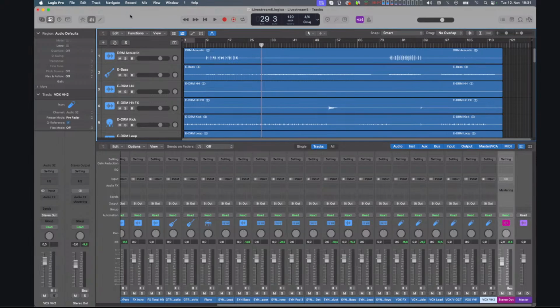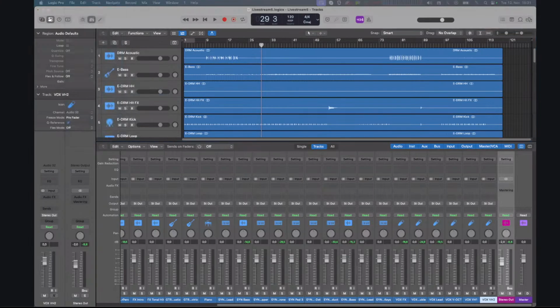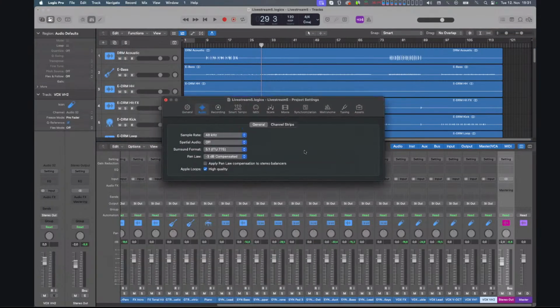we have to first switch the session to the correct format. So we go to Project Settings, Audio, and it's opened on another screen. So here we have it. Currently it's just set to 5.1 ITU. So we just set it to 714 and we are done. This is now the surround format we will use. So Logic will use for all things set to surround